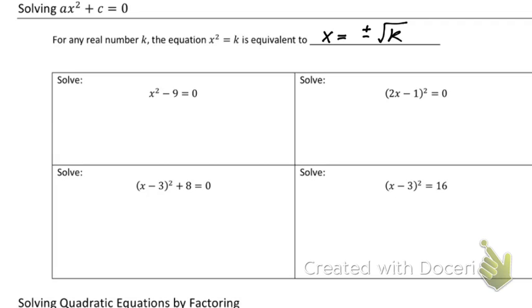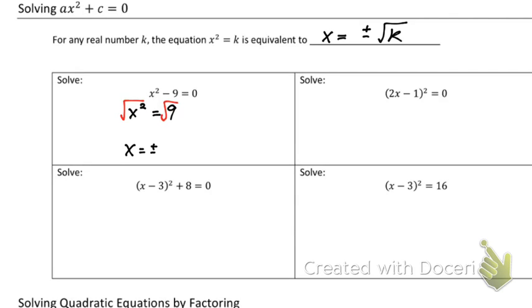All right, let's go through some of these examples. We have x squared minus 9 equals 0. So that meets the letter of the law, that ax squared plus c equals 0. Well, what we're going to do is first of all move that 9 to the other side so we can actually solve it. So we're going to move that 9 to the other side to give us x squared equals a positive 9. Well, now we just take the square root of both sides. So if I take the square root of that side, square root of that side, we're going to end up with x